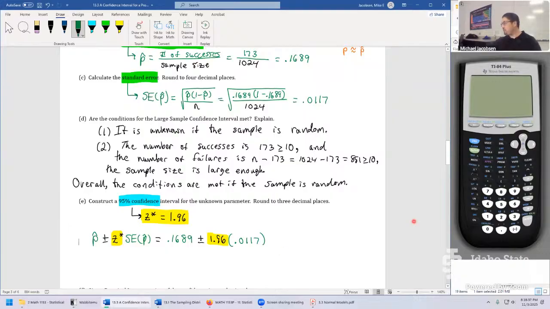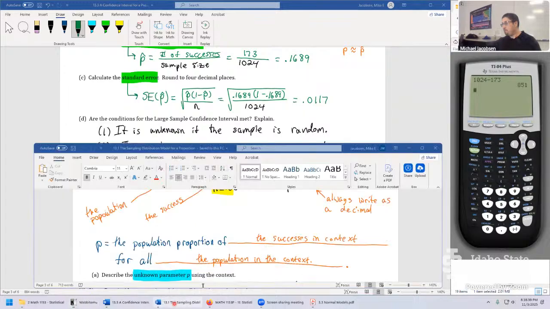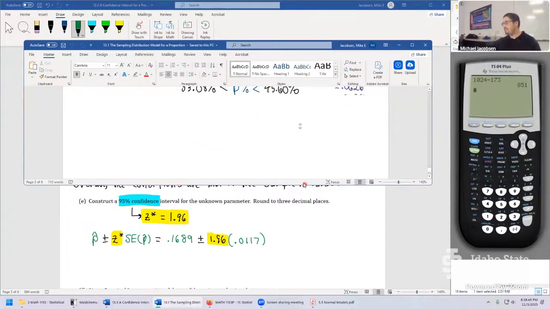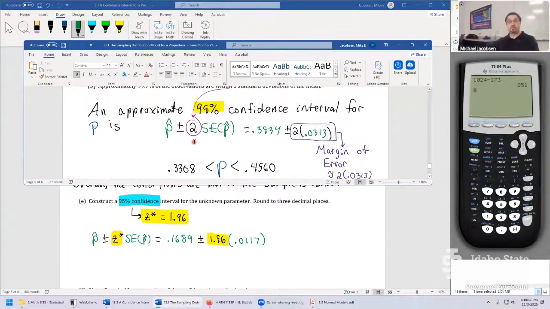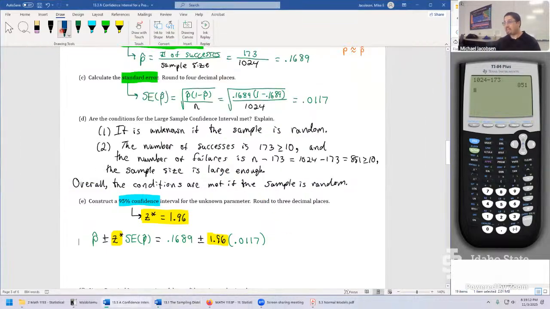We have to crank it out, so now we go back to the calculator. But notice already from what we've done, we did something just like that right here in the notes. It was a very approximate 95% confidence interval. We put 2 right here because we hadn't had the concept of a critical number just yet. But we're not doing anything too different. We just happen to have a slightly more accurate value, 1.96. We're going to put the unknown parameter p in the middle when we calculate the lower bound and the upper bound just like before. So copying that idea, here's p. It goes in the middle.